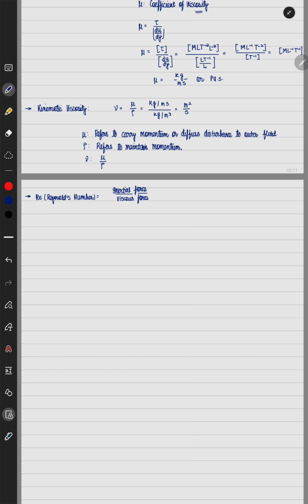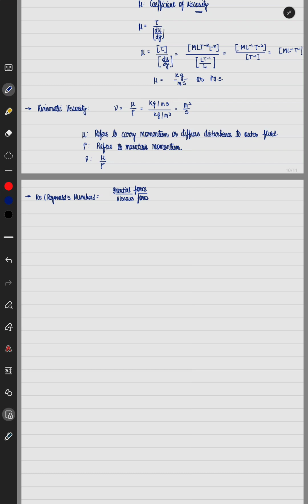So what is inertial force? Let us try to have some intuition about inertial force. Suppose flow is flowing in a channel between the two plates in x direction, and we place some obstruction like a plate or our hand in between. Due to the convection of the flow in x direction, there will be some force experienced by the obstruction that we are placing, which is generally termed as inertial force, and the viscous forces are the forces